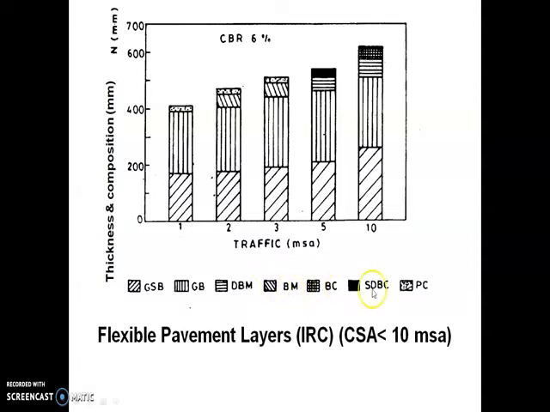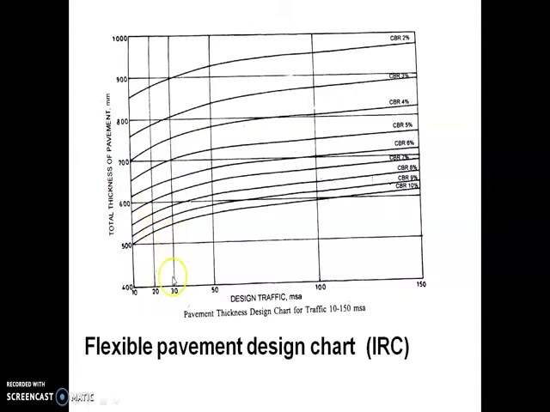Next one, pavement design catalog, recommended design for traffic range 10 to 150 million standard axles. CBR percentage 6%, cumulative traffic in million standard axles 10, 20, 30, 50, 100, 150. Total pavement thickness 605, 640, 655, 675, 700, 720. Bituminous surfacing BC 40, 40, 40 up to 50, 50. And dense bituminous macadam 65, 90, 105, 125, 140, 160. Granular base and subbase: base 50, subbase 260.